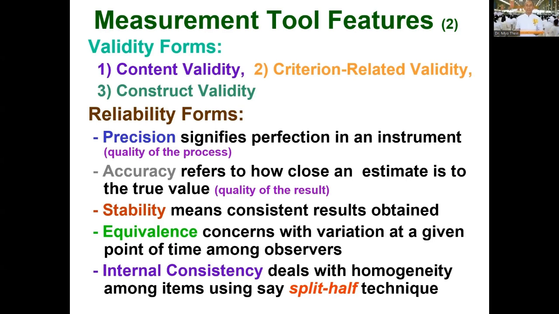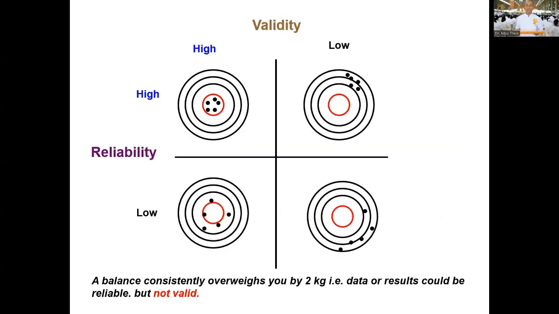Equivalence next, which concerns the variations at a given point of time among observers. And then internal consistency deals with homogeneity among items using, say, a split-half technique. So this is related with the forms of reliability. And then this is the chart through which validity and reliability, high and low, can be